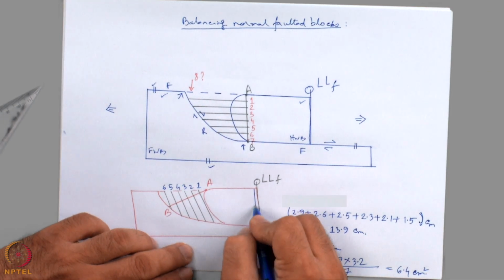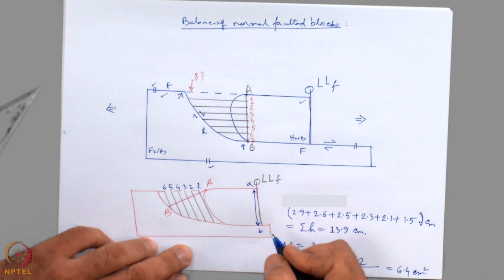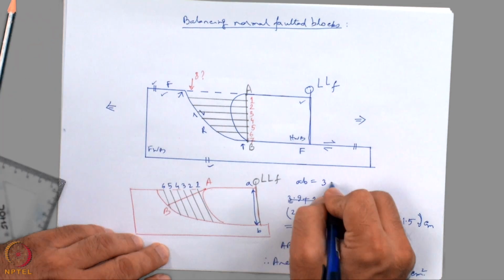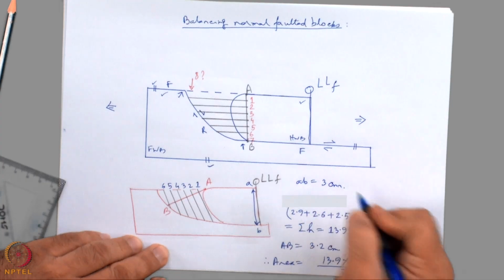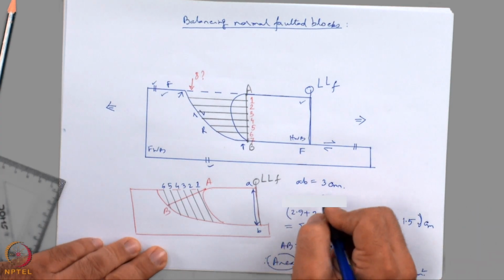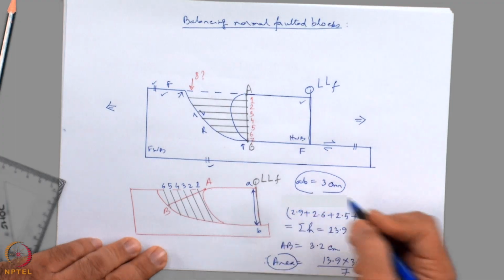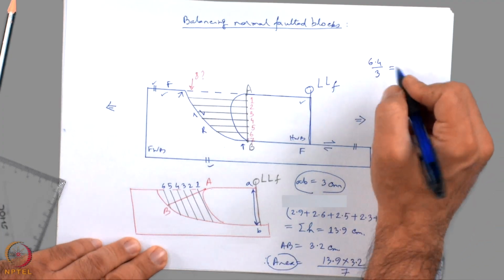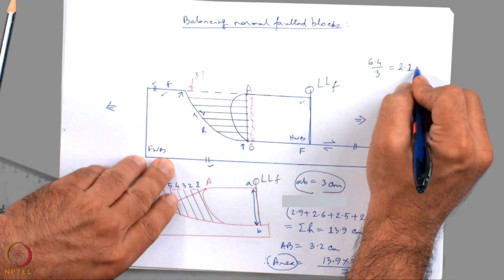Now, we want to find out this length. Small AB length is equal to 3 centimeter. Now, if I divide this area by the AB length, 6.4 divided by 3 is equal to 2.1